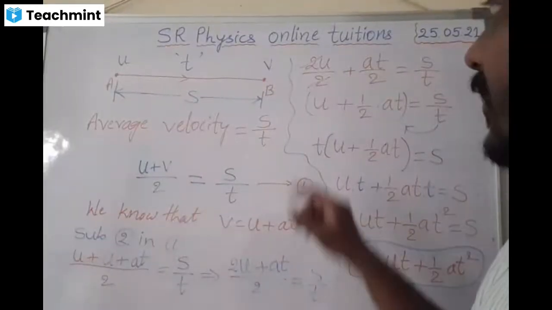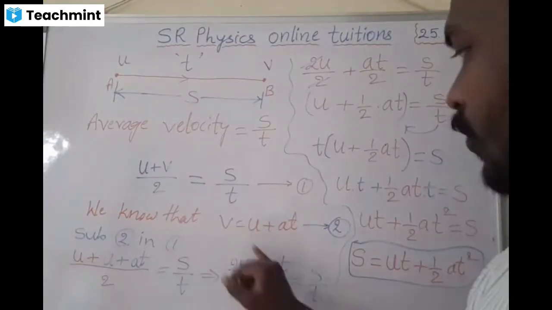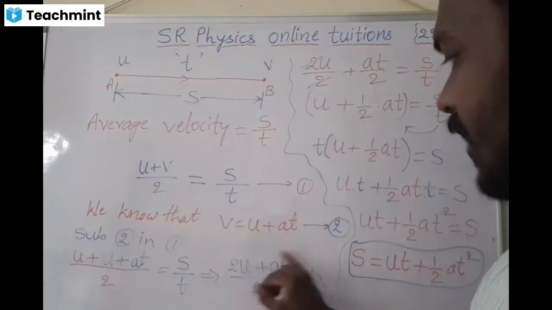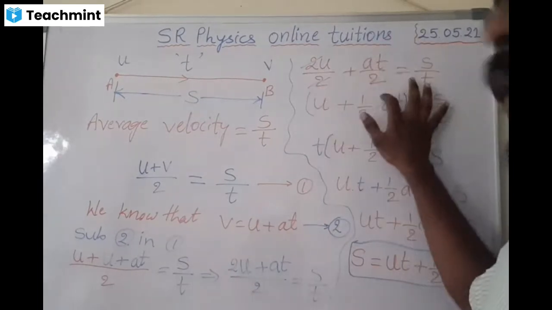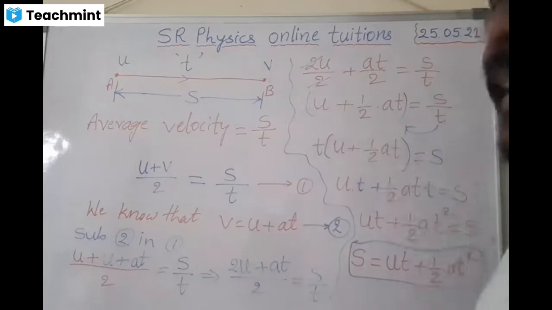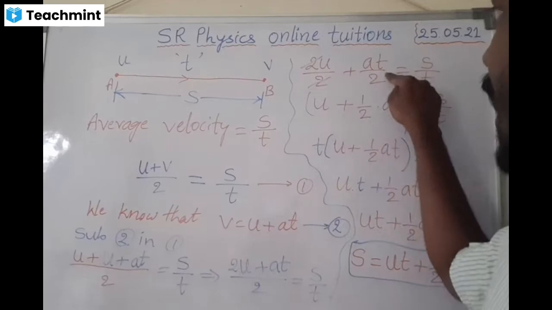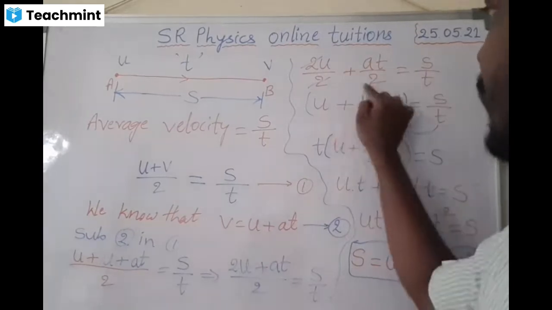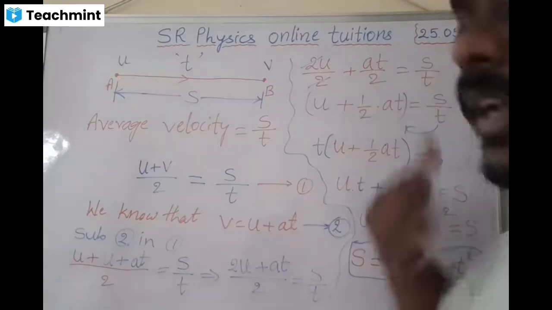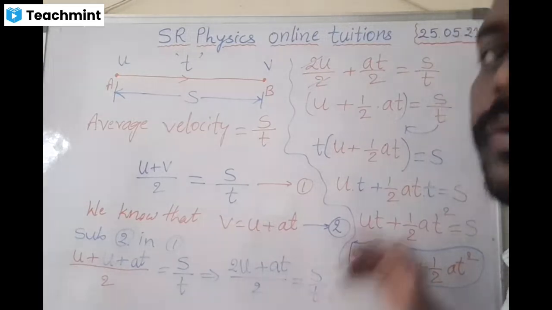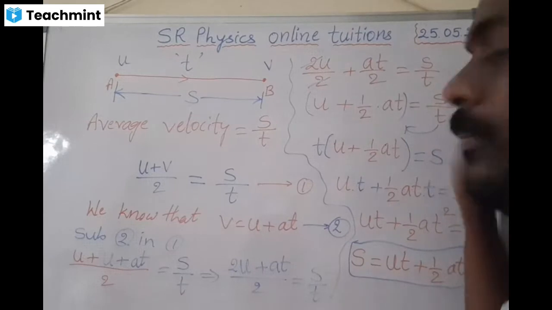Okay, see here, I'm taking the two terms separately. For this 2u and for this 80, I'm dividing separately: 2u by 2 plus 80 by 2. Now here the 2 gets cancelled, so we get u plus, I'm writing this 2 separately as 1 by 2. 1 by 2 into 80 is also 80 by 2 only. So I'm rewriting it as u plus 1 by 2 into at is equal to s by t.